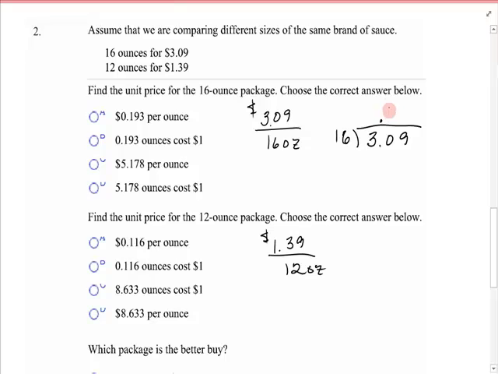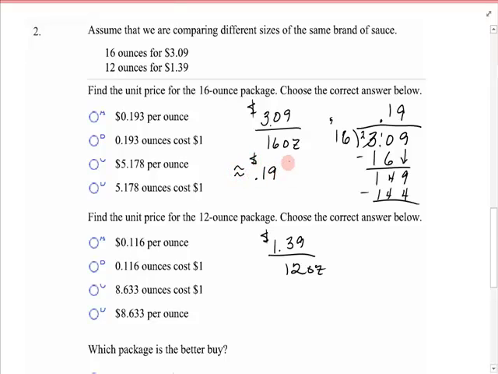It's not going to go in there twice, just once. 16, subtract. That's going to give me 14 and bring down the 9. It'll go in there about 9 times. 9 times 6 is 54. Carry the 5. 9 times 1 is 9 plus 5, 14. I'm not going to go any further. It's approximately